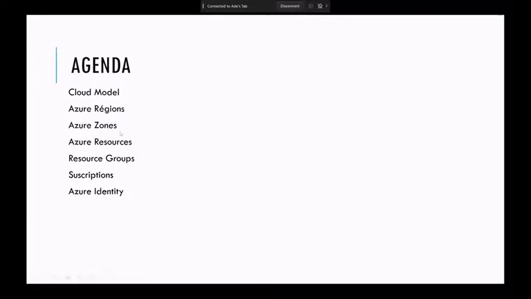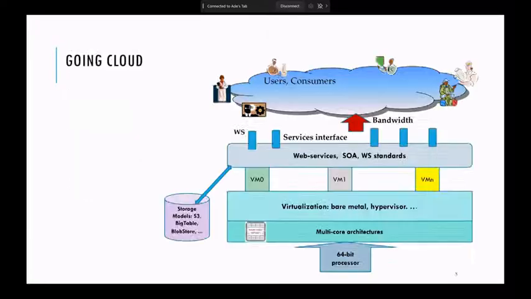Then we'll look at identity management within the Azure environment and relate it with some of the things we have learned when we're looking at the fundamentals and traditional systems. So if we still recollect from week 1 up to week 3, a lot